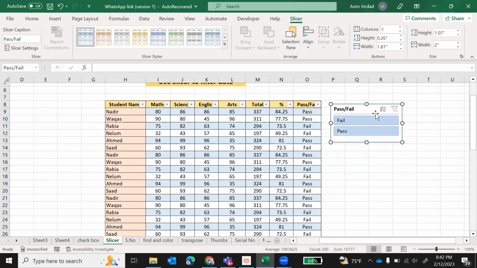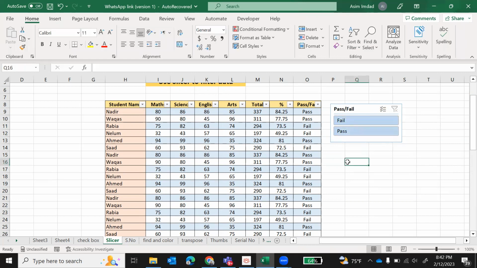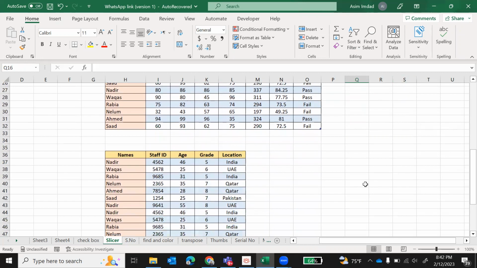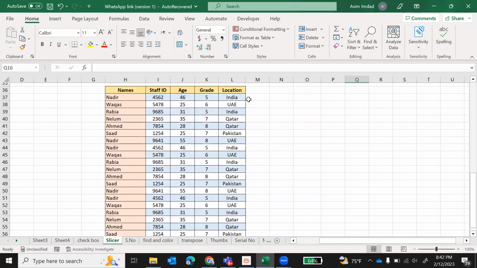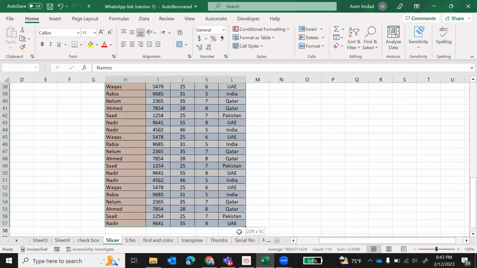I will show you what is the function of this small icon. It will work when we have more than two options. Here we have only two options, fail or pass. So I'll show you how we can use this small box. Now I have another table. Here I'll search the data according to location. Here we have more than one option in the location. Select the table,